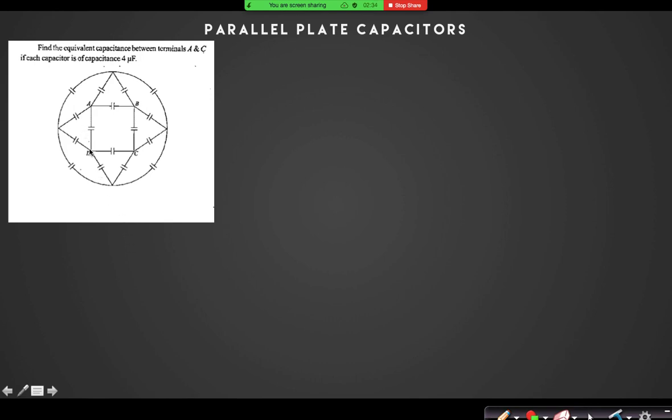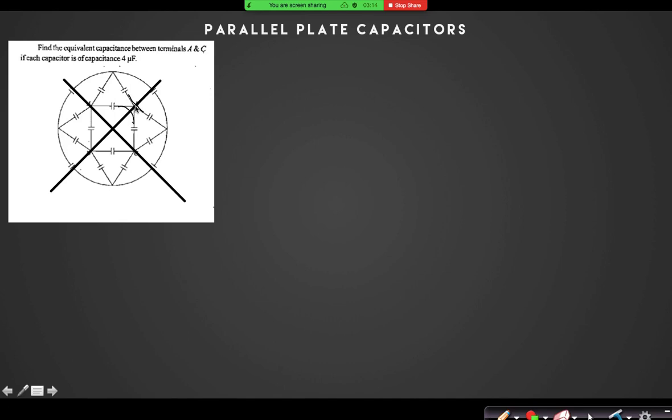We can see that if I connect the battery between A and C, then about this line A and C there lies a horizontal type of symmetry, right? And also about this line B and D, we can find a vertical symmetry. If we forget about the horizontal symmetry, then you can see that this particular branch and this branch, even if they do not touch, my circuit will be completed like this.